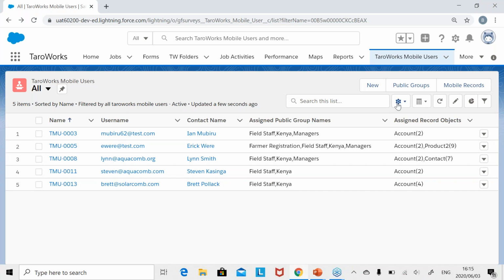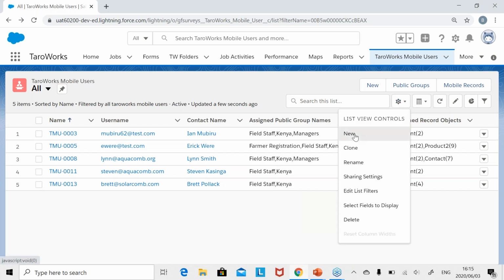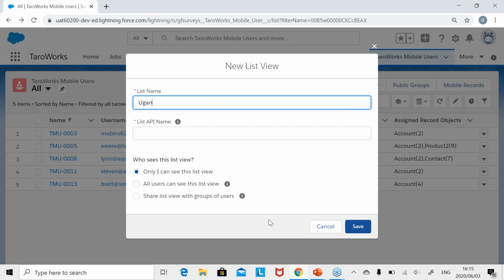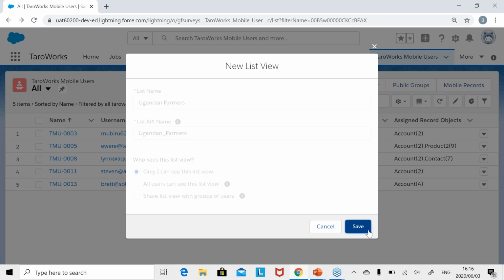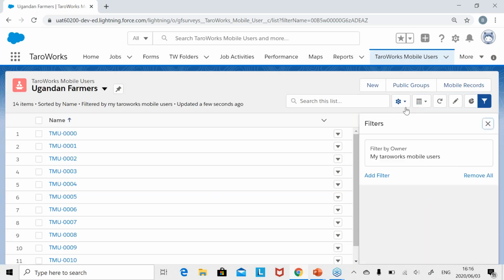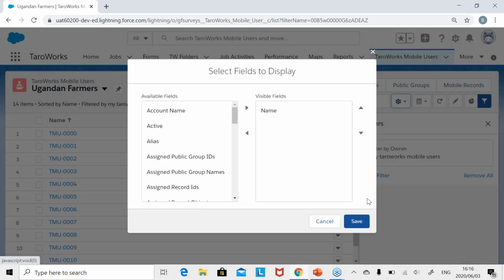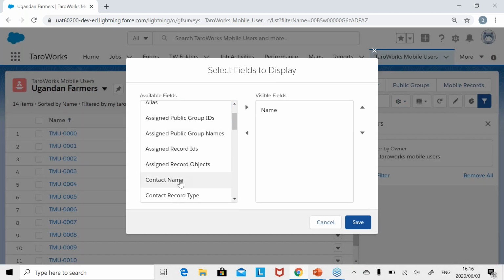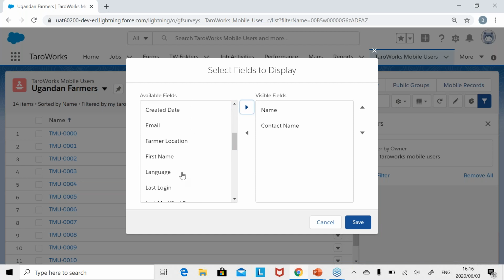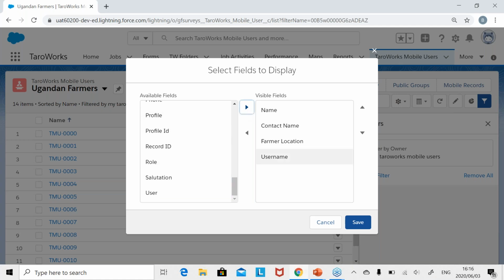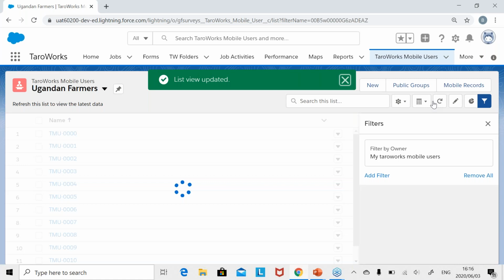So in order to do that, we would click on this gear icon here, click on new. We would then name our list view, call it Ugandan farmers. You can then select who sees this view. So in this case, I will be the only one. Click save. Next, what we want to do is select the fields that we want to display in this view. So again, you would click on the gear icon, click on select fields to display. In this case, we're wanting to display the name, the farmer location, and the username. Click save. And now we've got